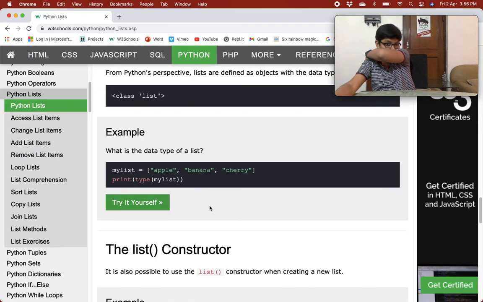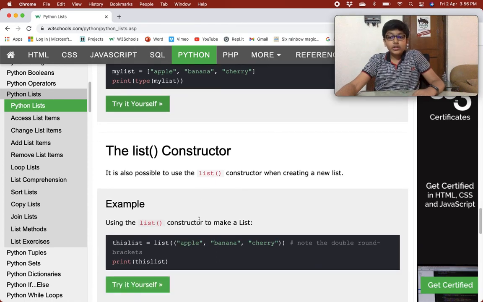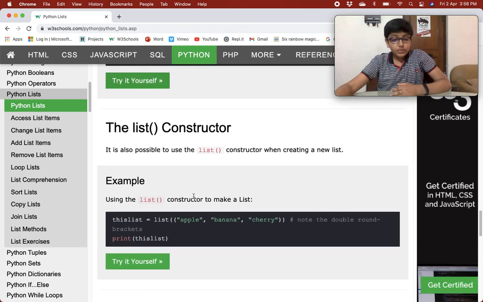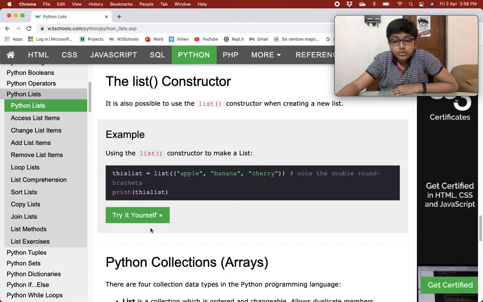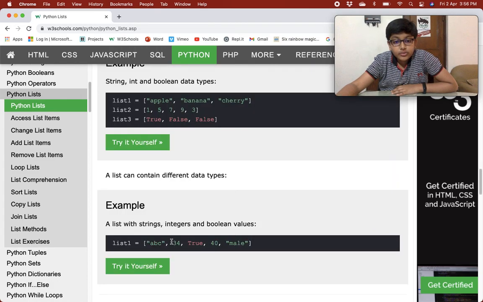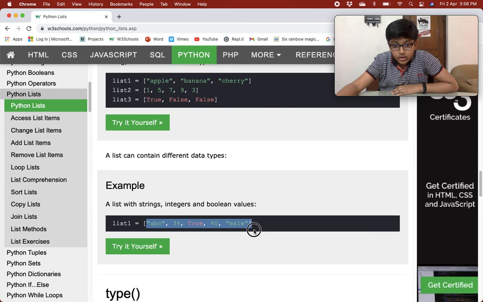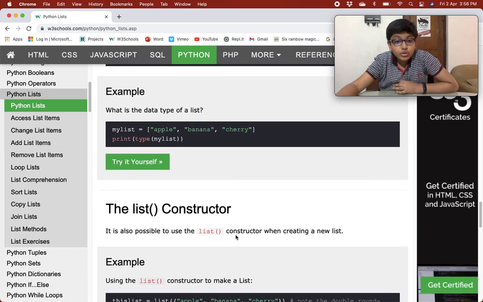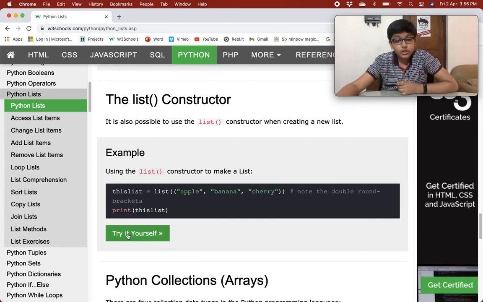Okay, so now we are on the list constructor. It is possible to use the list constructor when we are creating a new list. So instead of creating a new list with square brackets, you can also create it with the list constructor.